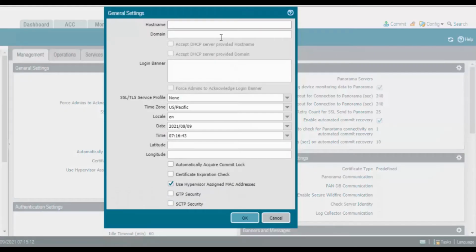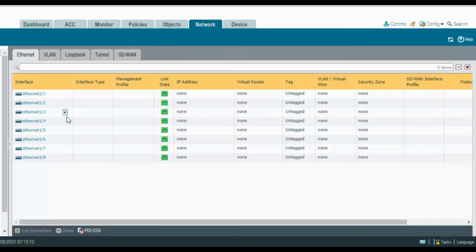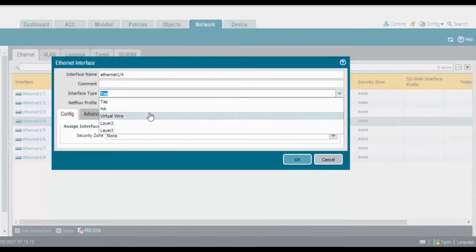Now I will change the host name to PA-FW-02. This is my second firewall. Go to the network and go to the interface Ethernet, and select Ethernet 1/4, and the interface type should be HA.